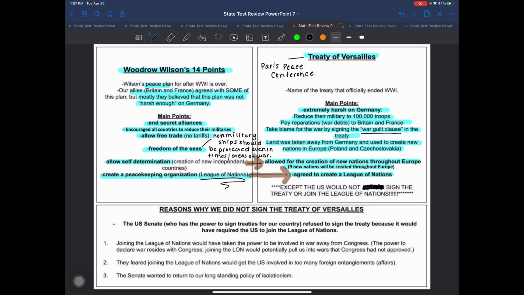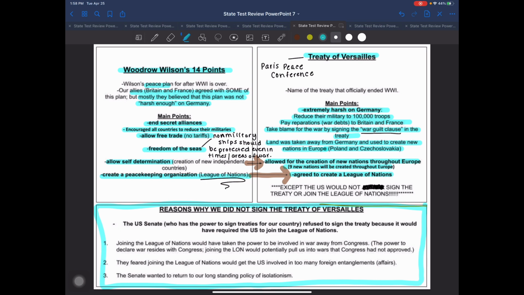And this box down here at the very bottom, all of it, I need to change highlighting, okay? This box is so extremely important. You're not going to see a question on state tests that says, did the United States join the League of Nations, and have such an easy answer with no. You got to know why. Why did we not join the League of Nations? Why did we not sign the Treaty of Versailles?